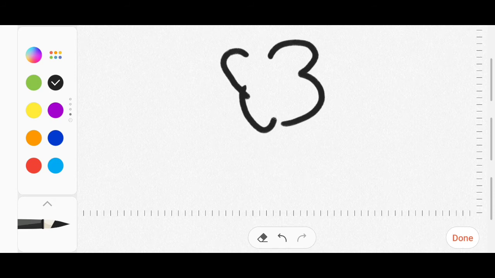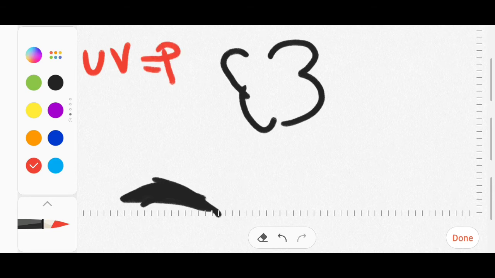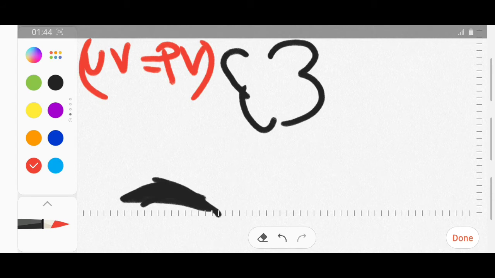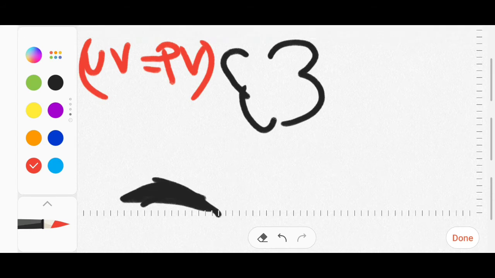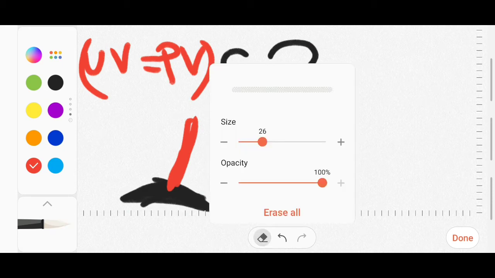Now this is the placenta. From the placenta there will be the umbilical vein. Yes, the umbilical vein is like your pulmonary vein, so it will also carry oxygenated blood. More oxygenated blood. So it is carrying blood.